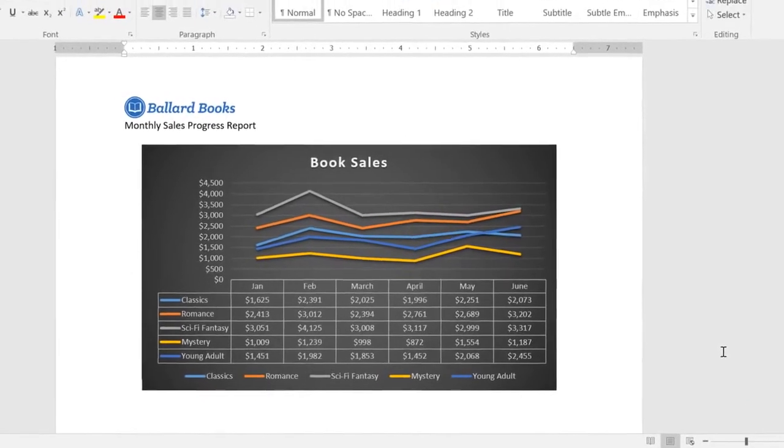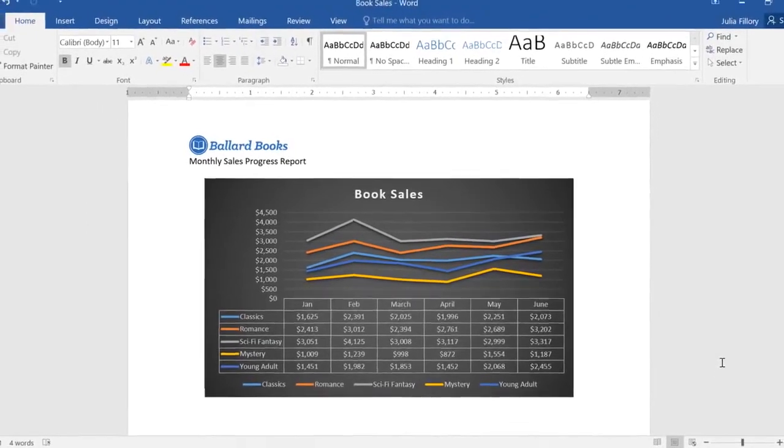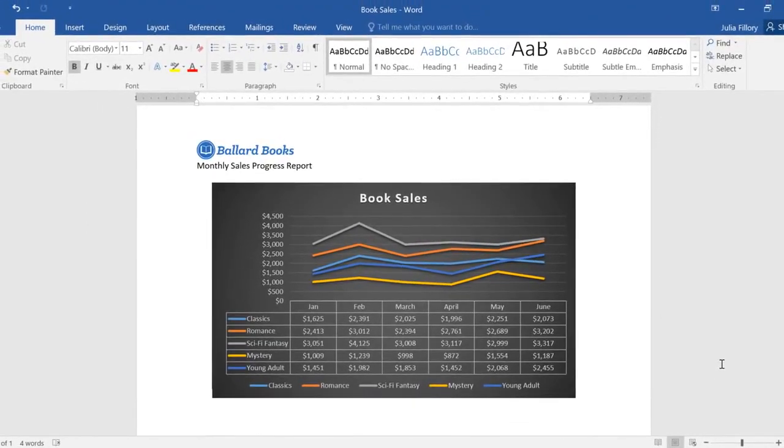Charts are a great choice for presenting numerical data in Word and also enhancing your documents. With so many design options